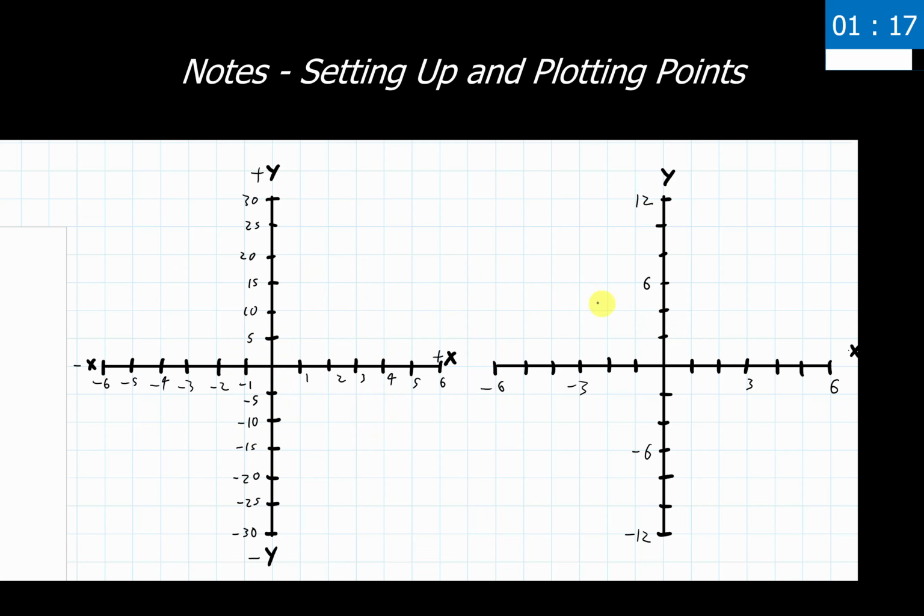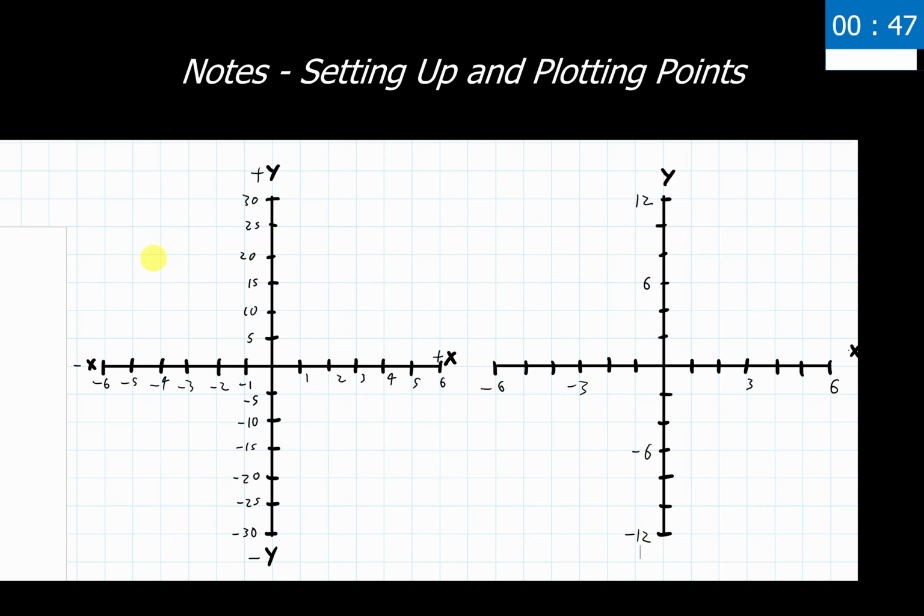So either combination of these, if you want to commit to just doing this one, that's great. If you want to commit to doing this one, that's great also. If you want to do some mix and match of these things with our labelings and whatnot on the ends of the axes, you're more than welcome to do so. But this is a bare bones minimum requirement for all of your graphs in my class for me to grade it as potentially worth credit on tests. So a quick example of how we get those set up there.